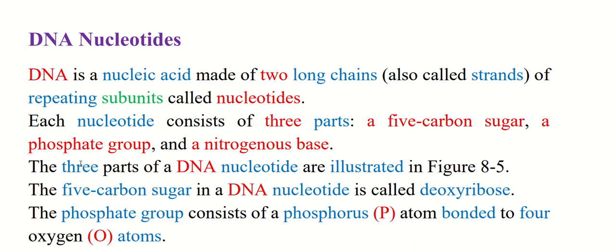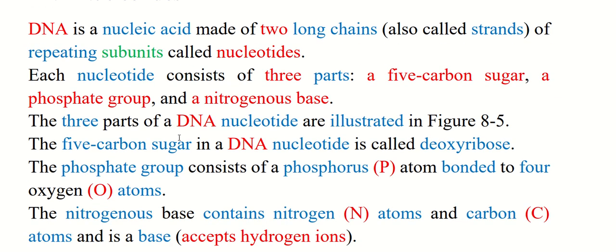What is a DNA nucleotide? DNA is a nucleic acid made of two long chains, also called strands, of a repeating subunit called nucleotides. Each nucleotide consists of three parts: a five-carbon sugar, a phosphate group, and a nitrogenous base. The three parts of DNA nucleotides